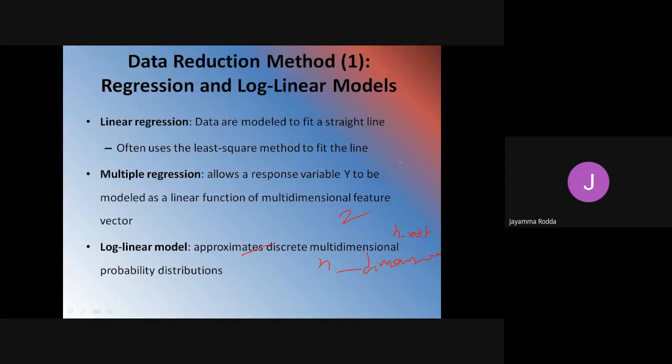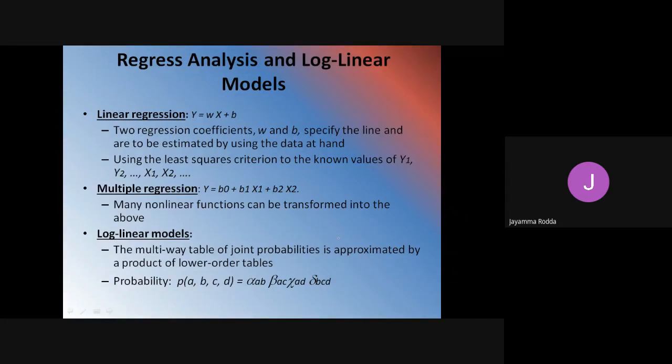In this particular log linear model, for each respective dimension, we can decide the cost of the car, the probability of the distribution of the price for each of the n dimensions. This is what the log linear model is. Here it is given, you can just go through it. Here there is more than one variable, x1 and x2, that is more than one attribute. Here there is a single attribute, that is x.